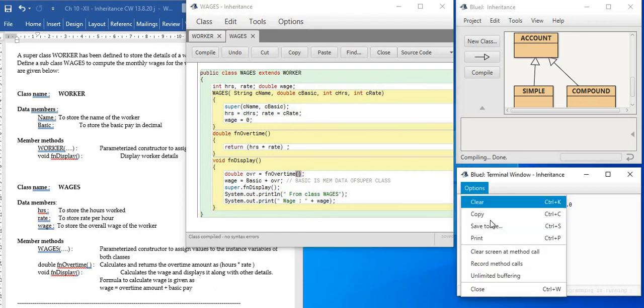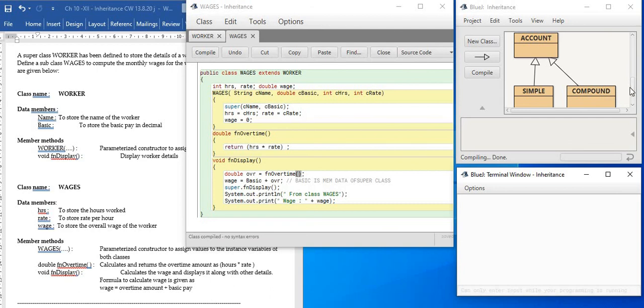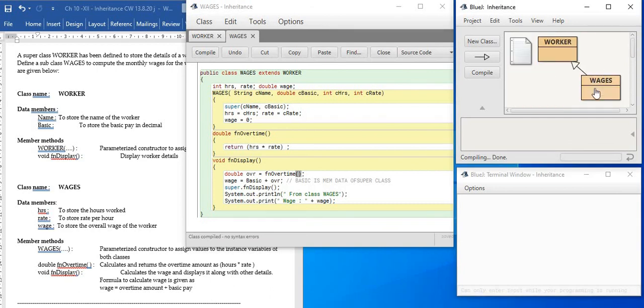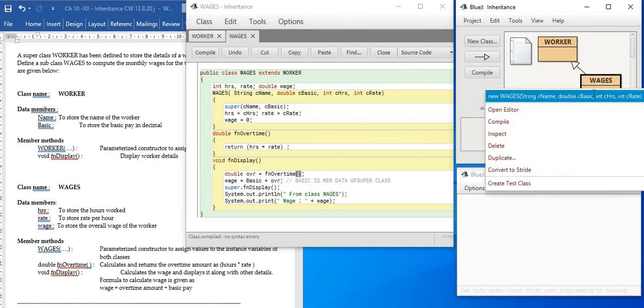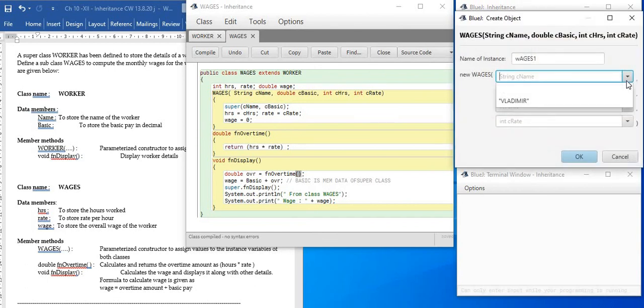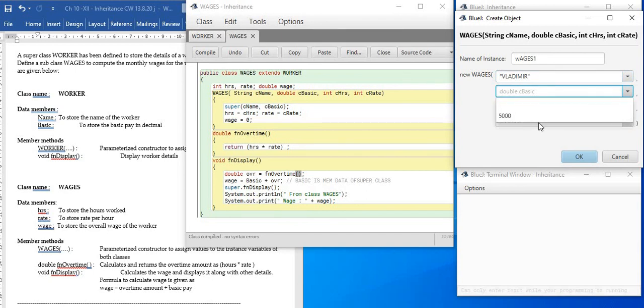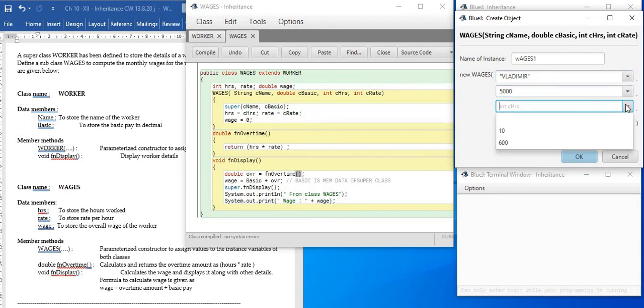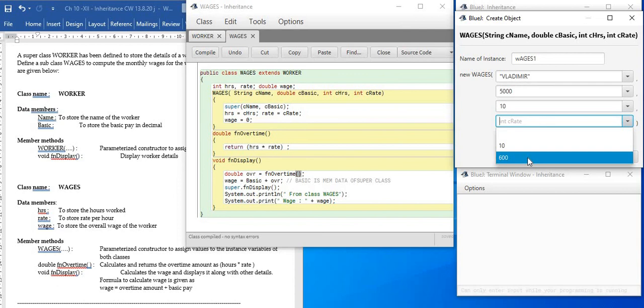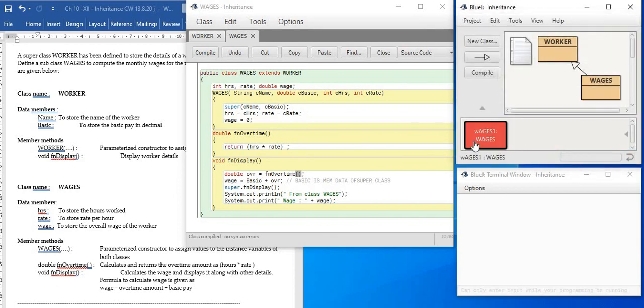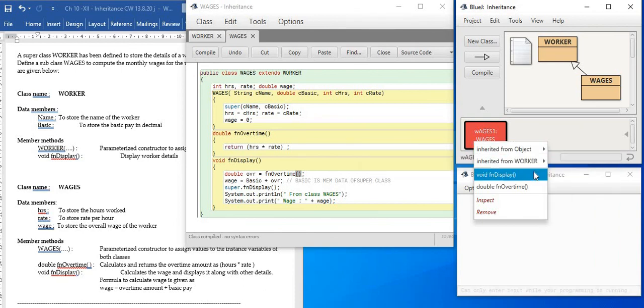Now, I will show you the output of this code. I had kept this output ready, but I think it will be better if I show you once again. Okay. So what I do is I will come here and I will create an object of the child class. In that, I will have to supply the values. So I will supply these numbers which I have kept handy. Number of extra hours I assume to be 10, and rate is suppose 600. So the output will come when we run the display of the child class.